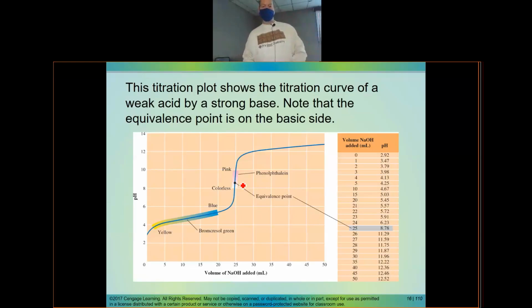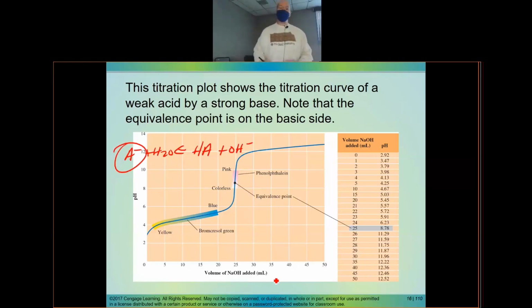All right, so this one is showing that your equivalence point is above 7. So this is the titration of your weak acid with your strong base, because when you take your weak acid with your strong base, you get water, but you also get A minus. So that is a weak base. That means that your endpoint will be above 7,